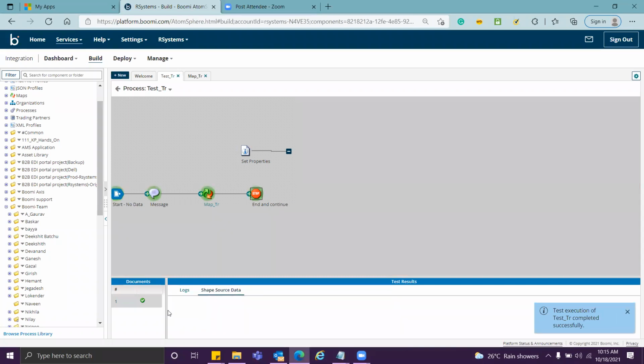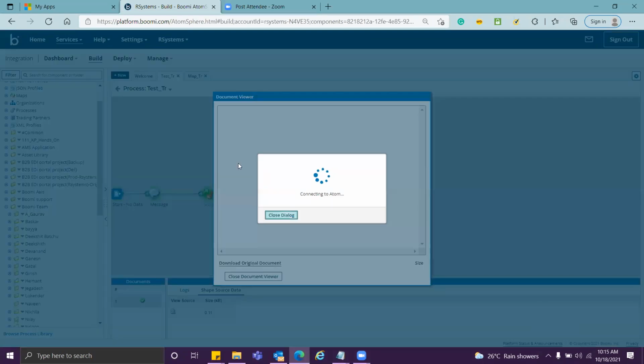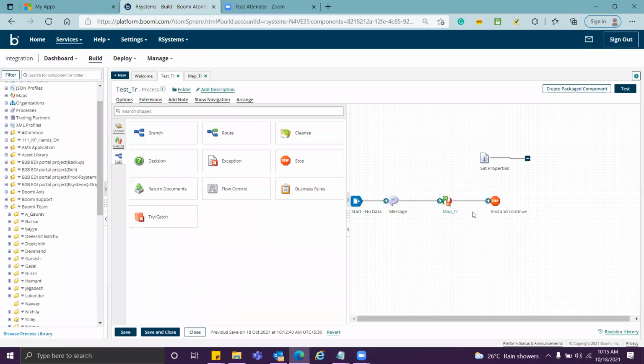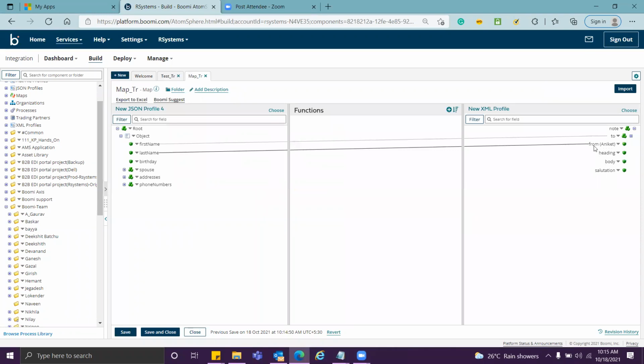So what I was saying, first name I mapped with the name field. Last name I mapped with the from field, but it had a default value as well. But that default value is nullified when it finds a value already from the mapping. So the default value will come through only if you have not mapped anything there. Okay. You got my point? Okay, sir.